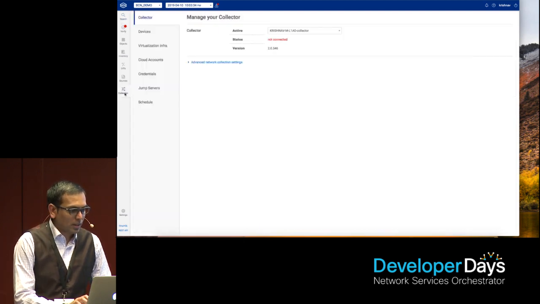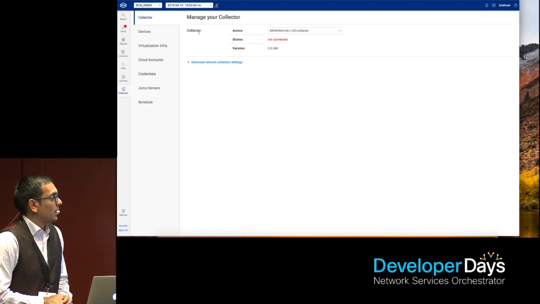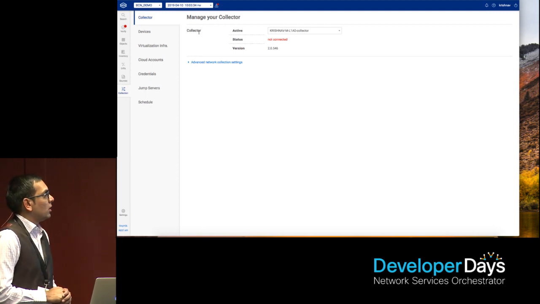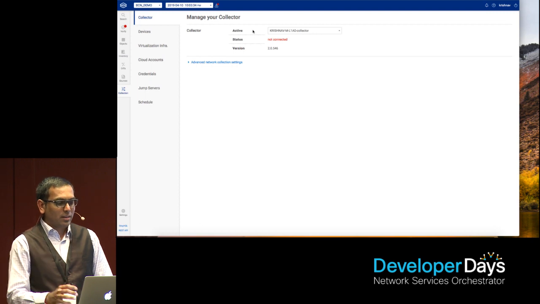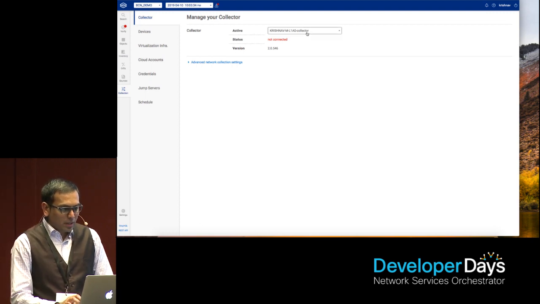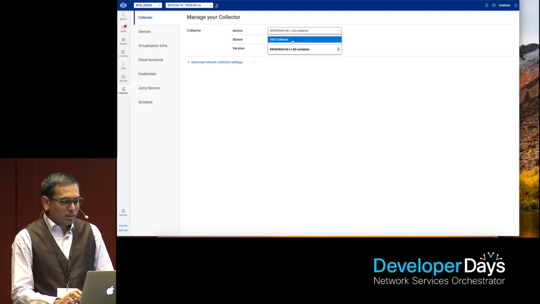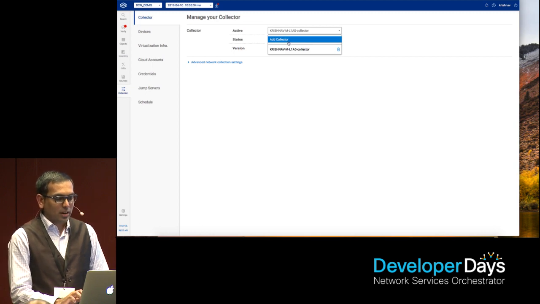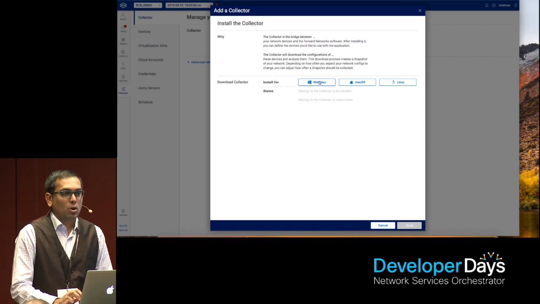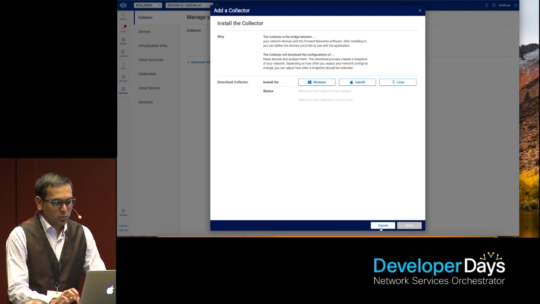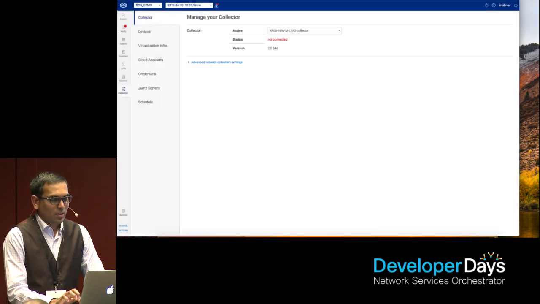So let's go look at the collector here. Typically this collector is equivalent to a Google crawler, wherein it has to be enabled to be able to go gather data from the network. So we have a collector, and we can add a collector. In this case, I have a collector here. Typically, we would go into this based on what type of operating system the collector is going to be loaded on. We would download a package for this one. I'm not going to do that. I have a collector that is